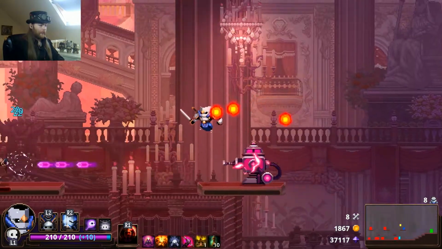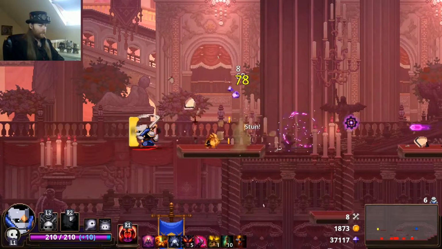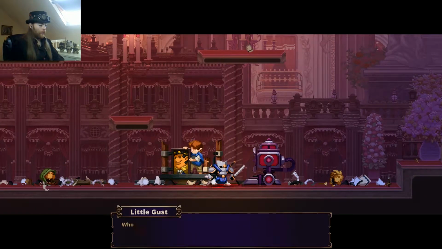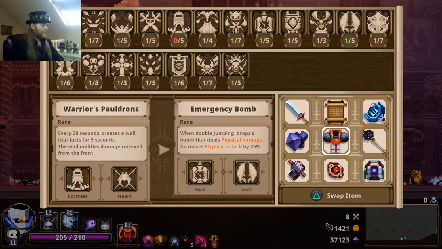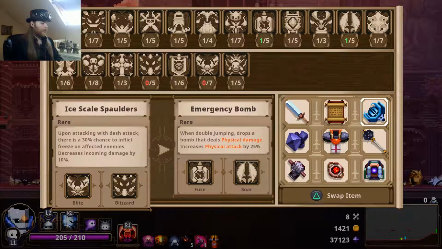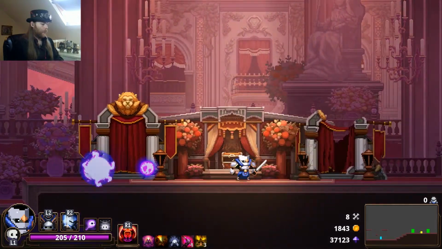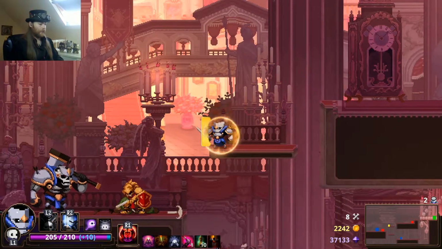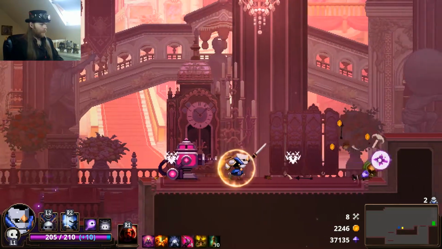And now we've got the big gun. Oh, yeah. Alright, little guy, what have you got to offer me? Something, right? 25% damage. Okay. Alright. You know what? I don't think I need the ice scale pauldrons, because I am a speed character and my dash doesn't hurt people. So, yeah. Come on, soldier, kill him. Good man. I can just...